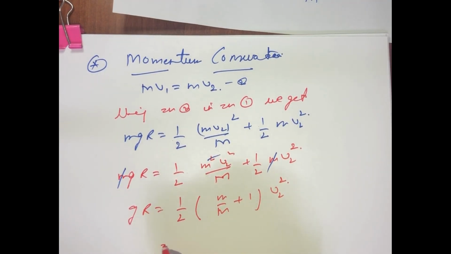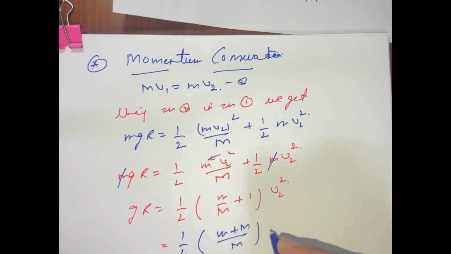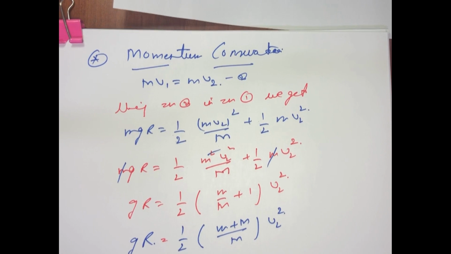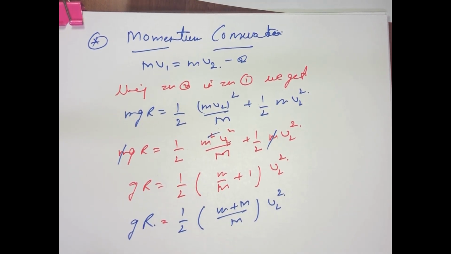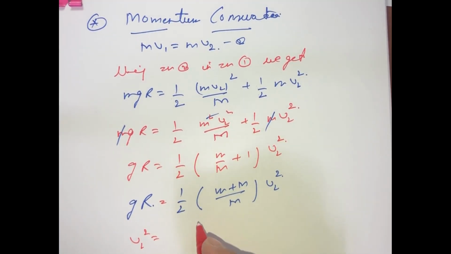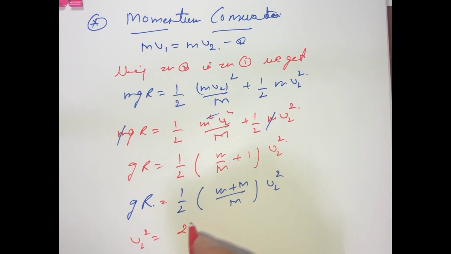So we get v2 square is equal to 2 g m r divided by m plus capital M,